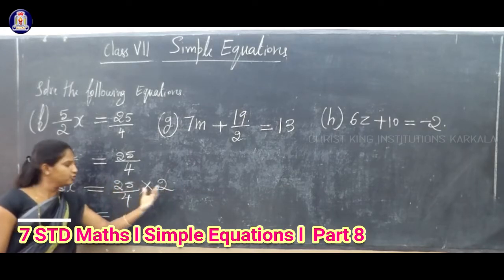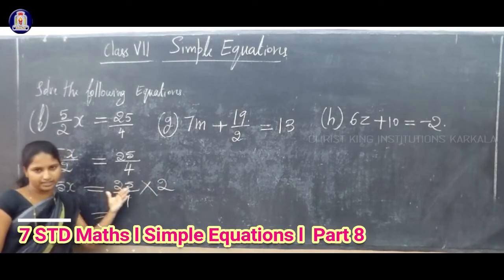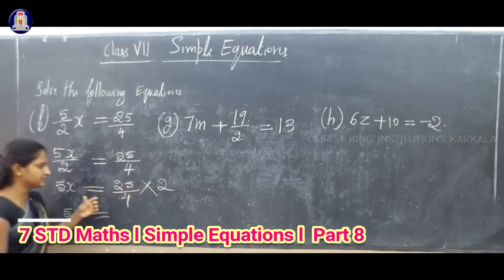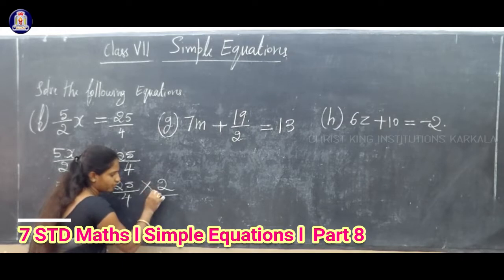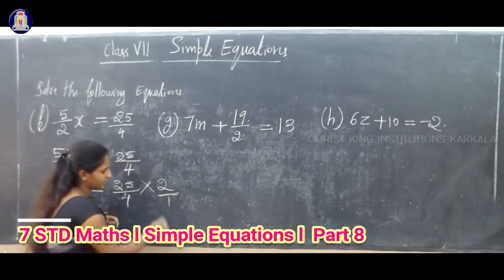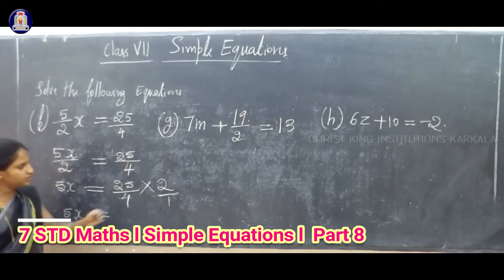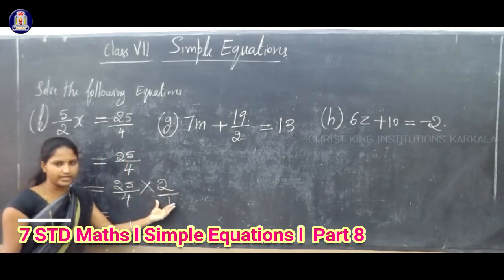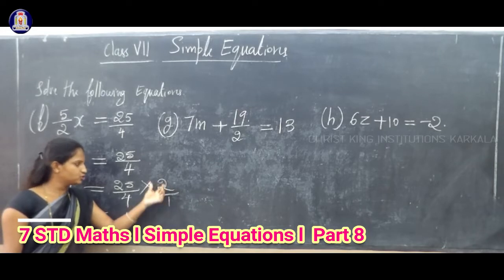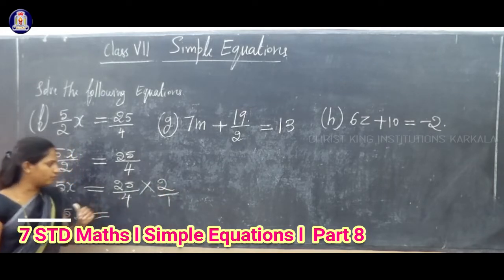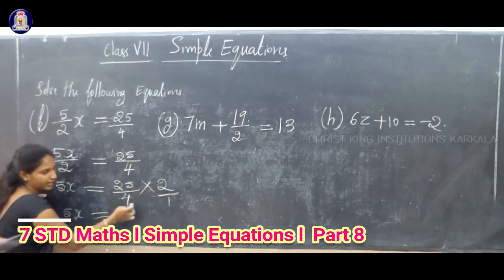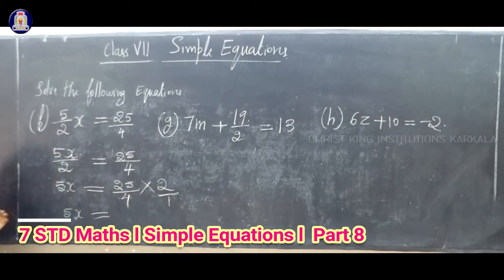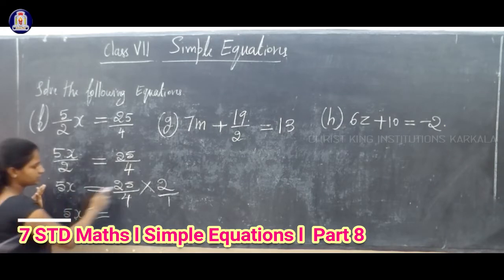So always you must multiply this number to the numerator. If you multiply like this, what is the denominator of 2? There is no denominator. Then you have to consider there is a denominator, that is 1. Clear? So here there is no denominator for 2, so we write 2 by 1. Now what do we have to do? We multiply numerator into numerator and denominator into denominator.